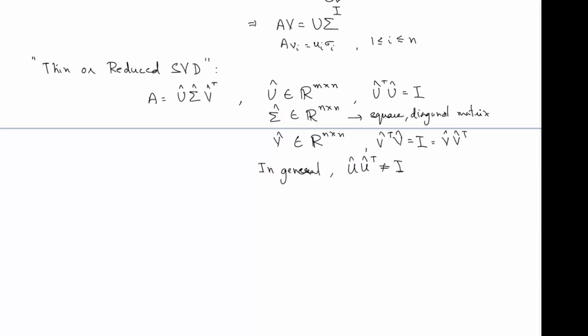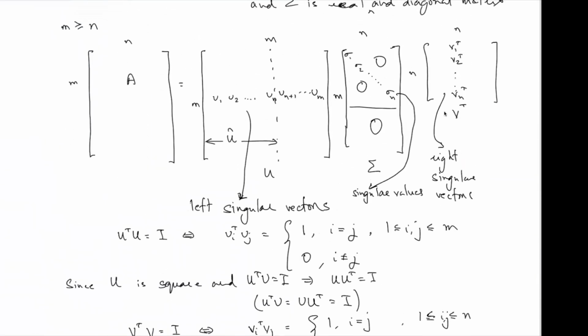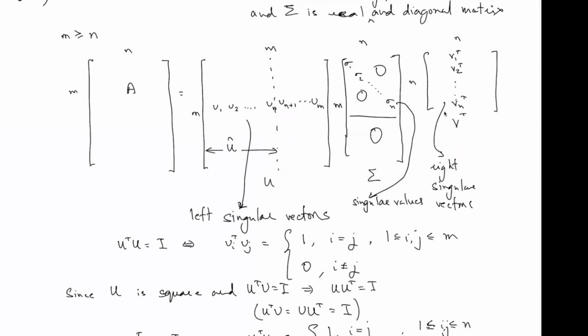Question: what is the significance of U over the U hat? It seems like all the other vectors, from N to M, are basically getting zeroed out by the multiplication. So why do we even care about creating U rather than U hat? Yeah, sometimes it'll be easier to use U hat, but I will come to a characterization of